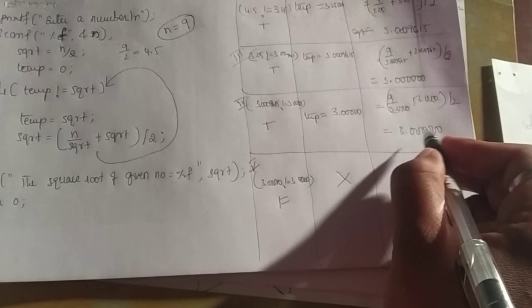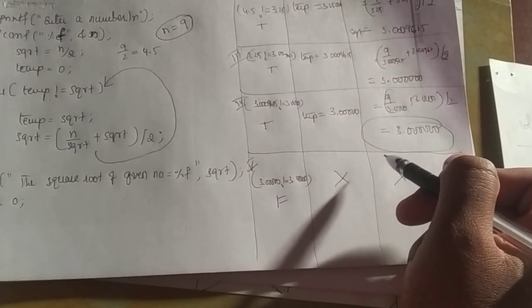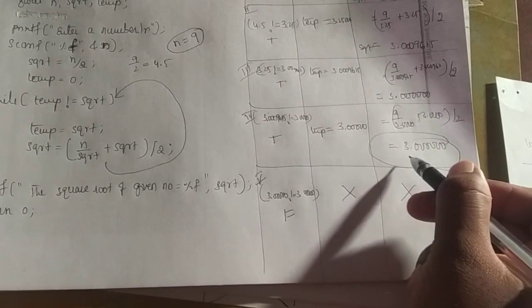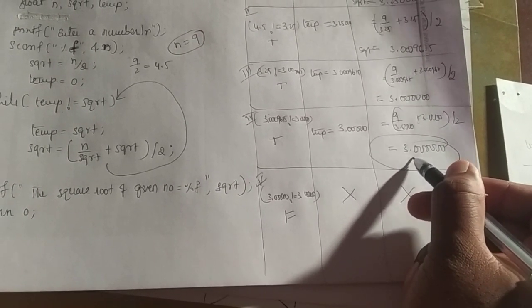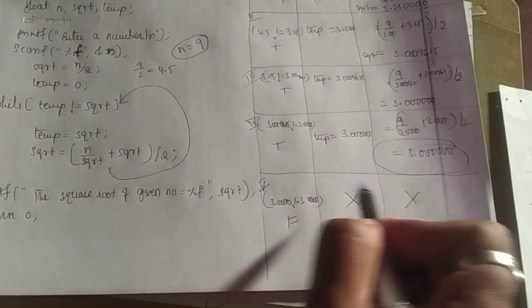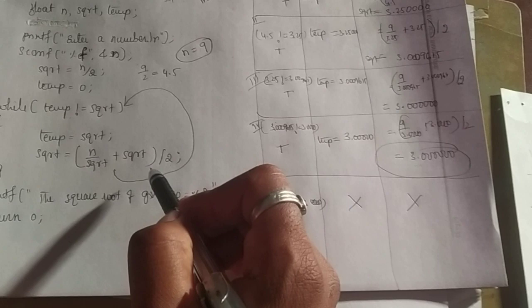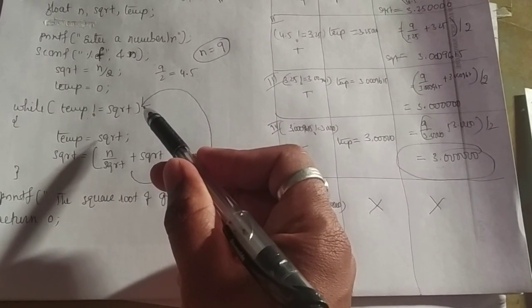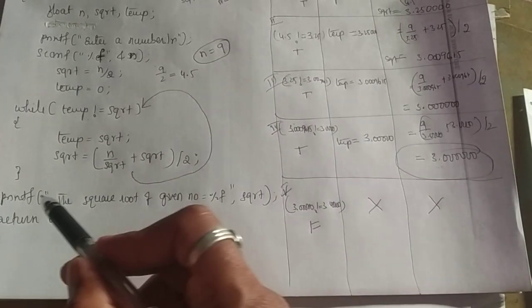It means we have got the output in the square root SQRT variable. Okay now? So the square root of 9 is 3. We have got this result. So when this condition becomes false, these two statements will not execute. The compiler, or control, jumps from here to here.